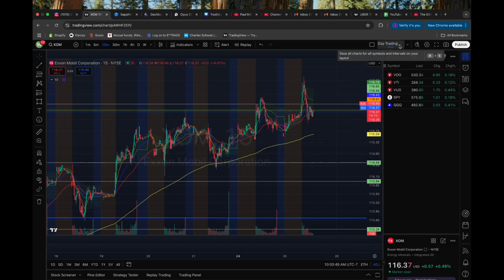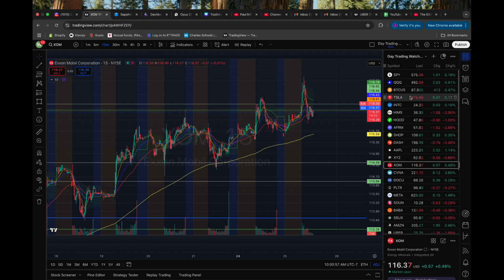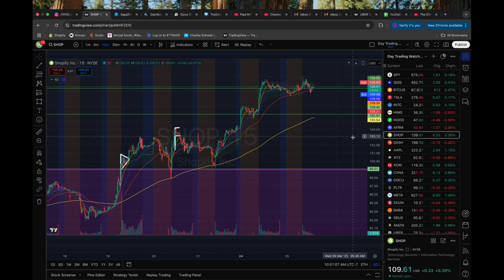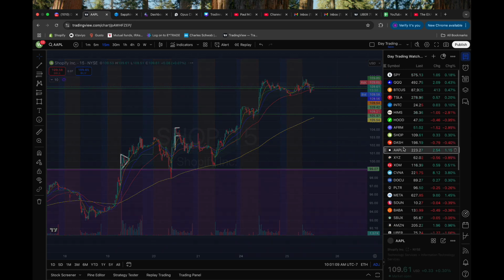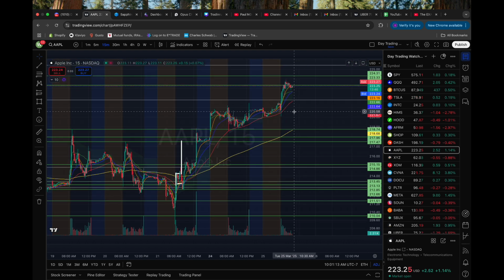Now, this right here is super dope. This is one of my favorite things. So let me go back to my day trading watch list. You see how, let's just say on Robinhood, on my watch list right here, if I go to shop, it has levels, right? Or I go to a different stock, let's go to Apple. You see how I have all these levels right here? So what happens if I want to clean it up? What happens if I want to have